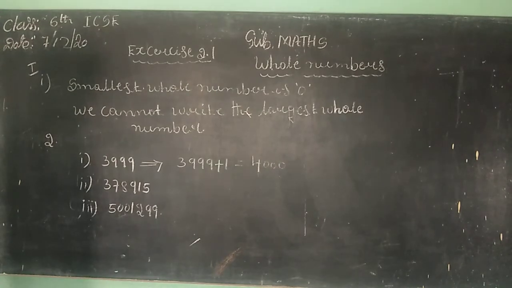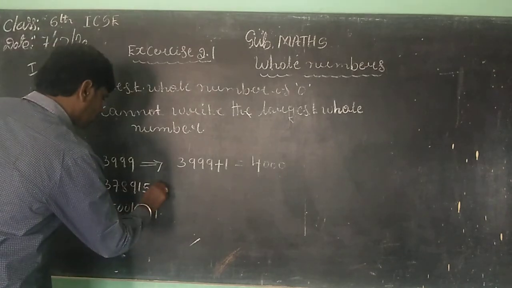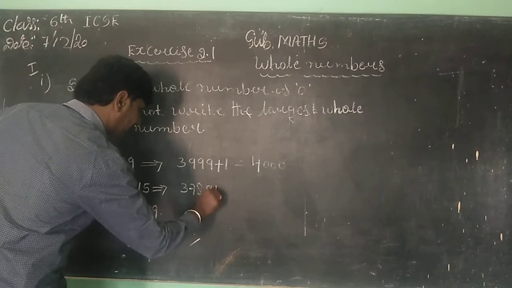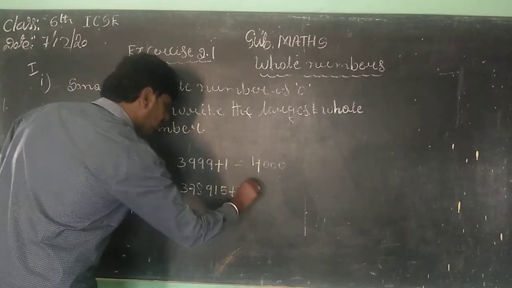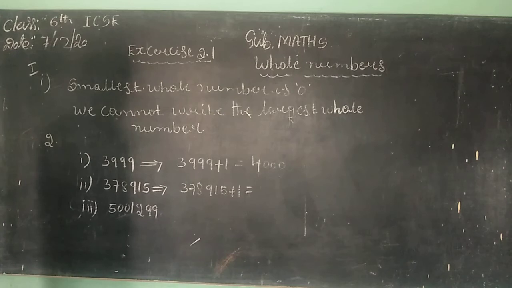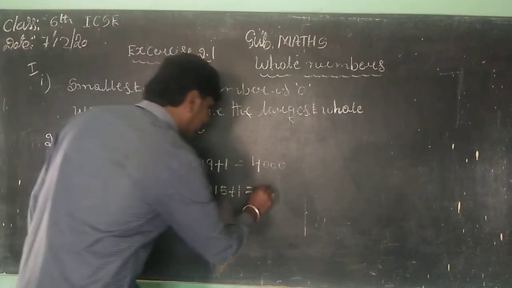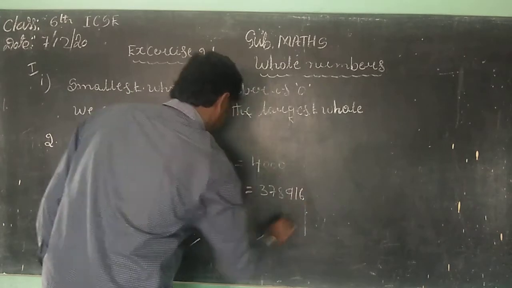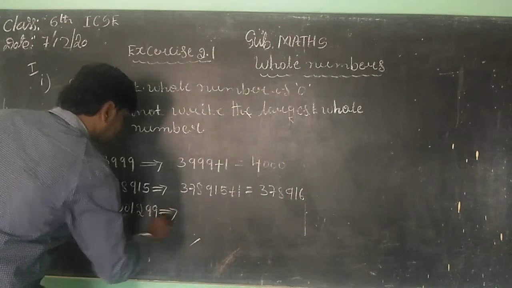Children, as well as you want to name 3,78,915. So what is the successor of here? This one also. 378915 plus 1 is equal to, correct children? So according to that, 378916. Children, now we want to represent